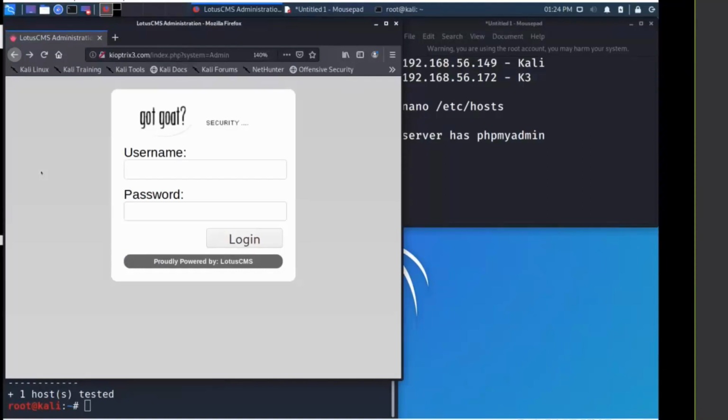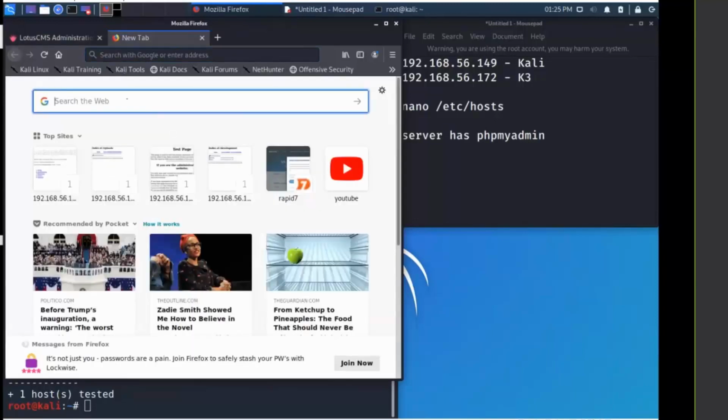We should really do that. We should know how to respond to those kinds of requests. Okay. First thing, we have this thing called Lotus CMS. I have no idea what that is. Let's see if there's anything about Lotus